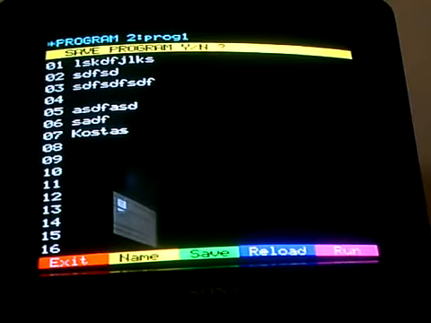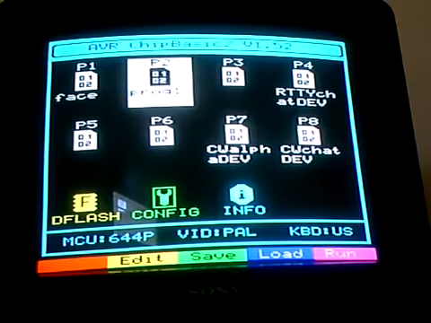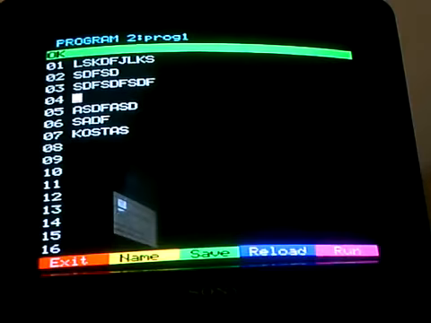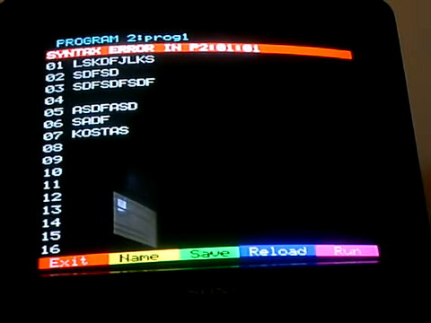And it asks you to save the program. Yes, I saved the program now. So you can now exit the program by clicking Escape. And here is your prog1. And you can again edit it. And you can, of course, run it by pressing F4. Of course, there's nothing valid to be read here. There is a syntax